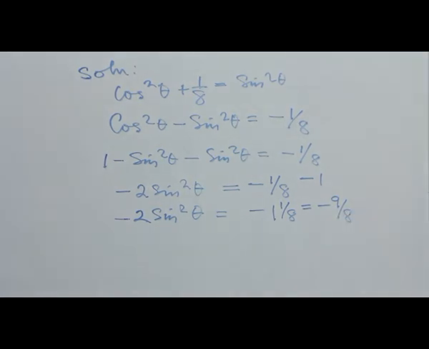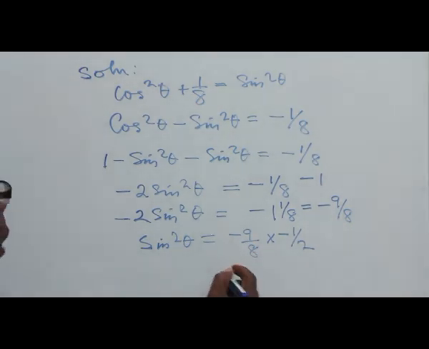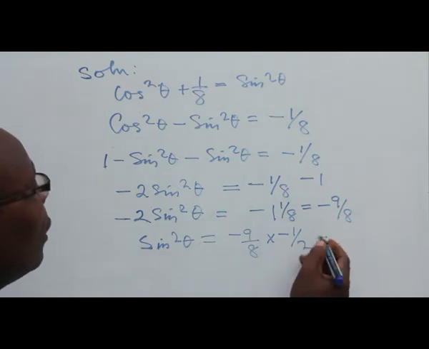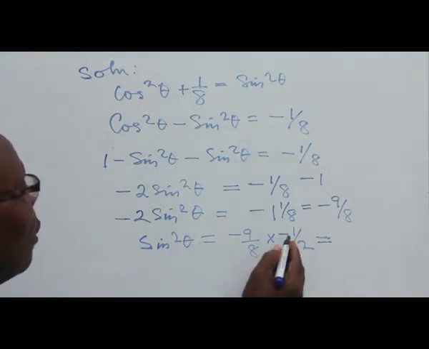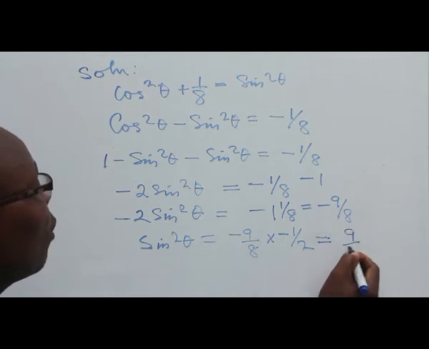Dividing both sides by minus 2 will leave you with sin square theta is equal to minus 9 over 8, and then times minus 1 all over 2. We're dividing both sides by minus 2. And eventually that will give you, minus times minus is plus, and so we have 9 all over